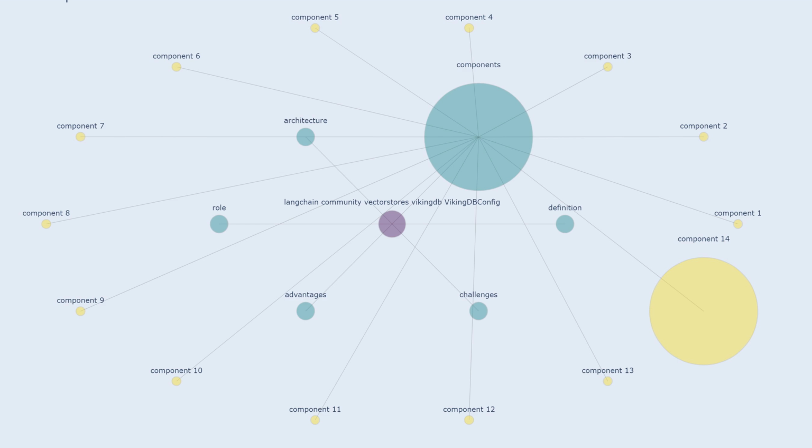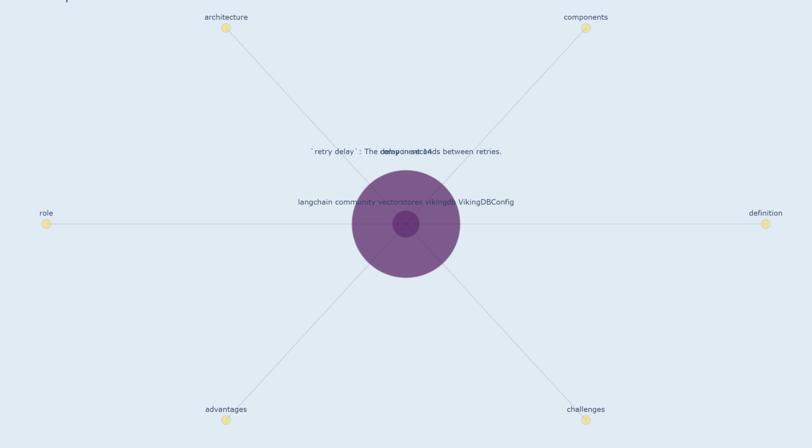Component 14. The delay, measured in seconds, between retry attempts. This delay provides a pause between retries to avoid overwhelming the system with requests. A longer delay might be appropriate in case of frequent failures to avoid putting excessive strain on the database or